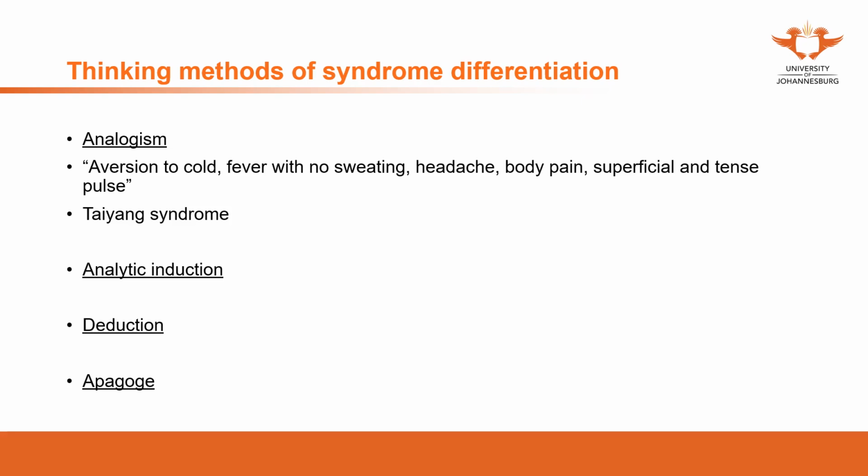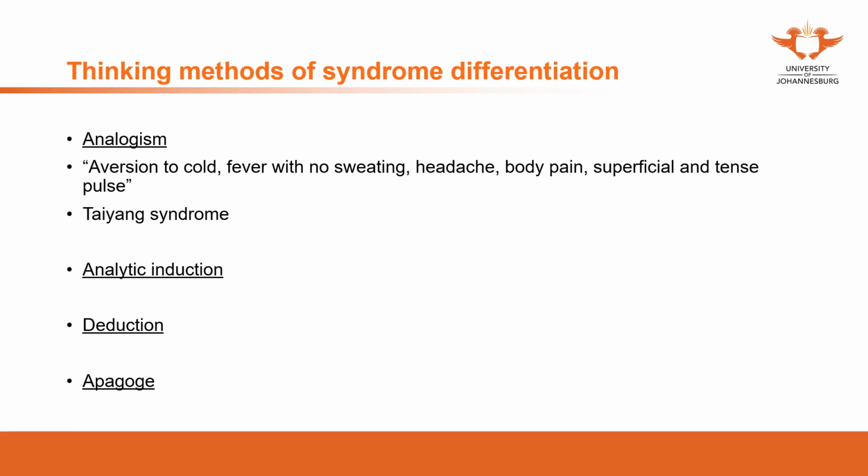The thinking methods of the syndrome differentiation. We have studied many syndrome differentiation methods, but how to use them? What's the theory behind the application of the syndrome differentiation? So these are the theories that we are using. The first one, analogism. Analogism means that you're going to compare with something. So from the clause, from the textbook, it tells us a patient presents with aversion to cold,